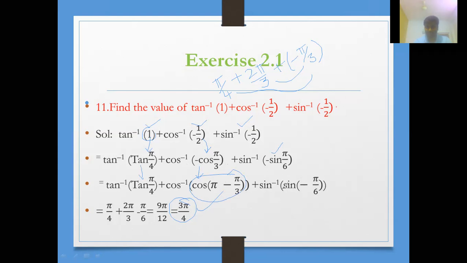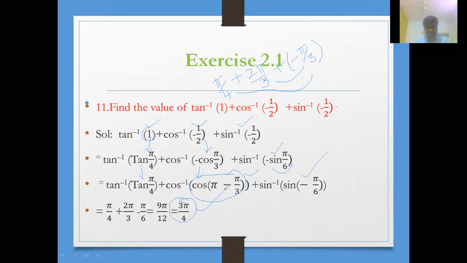Now sin inverse of, can I take minus inside here? Why? Minus 30 lies in its range. That's why I'm taking minus inside directly here. But here we are writing pi minus pi by 3. So whatever angle lies in that range, that only we will take, and accordingly will change.